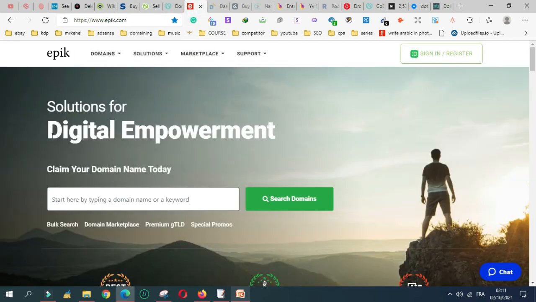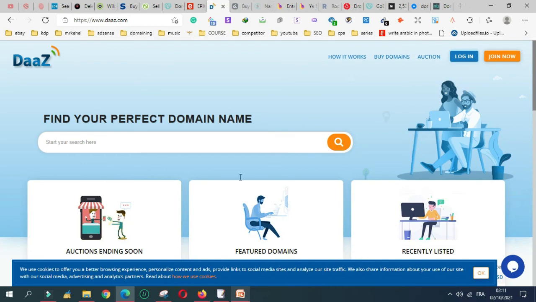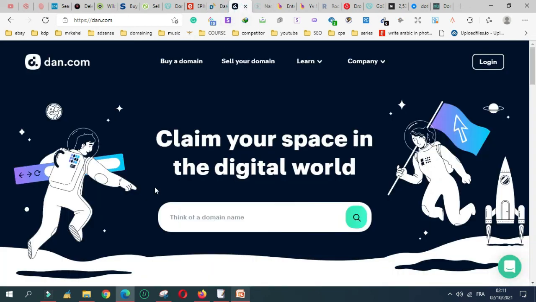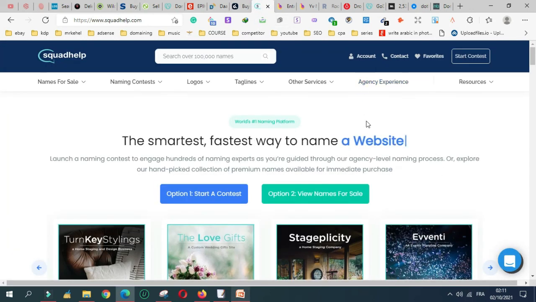Then you will list it on epic.com. Then you will list it on daz.com. Then you will list it on dan.com. This is for all the domains. But if you own a brandable domain, then list it on squadhelp.com. On this marketplace, you will submit your domain for review,